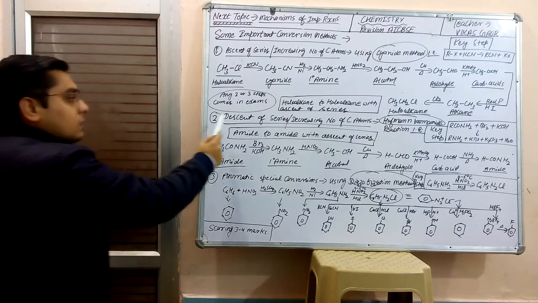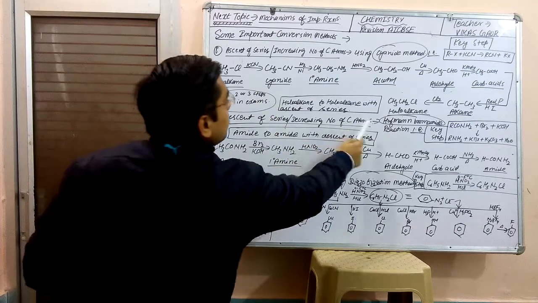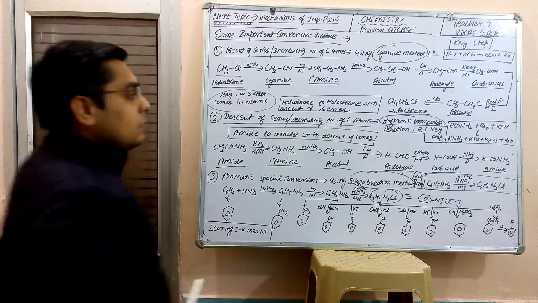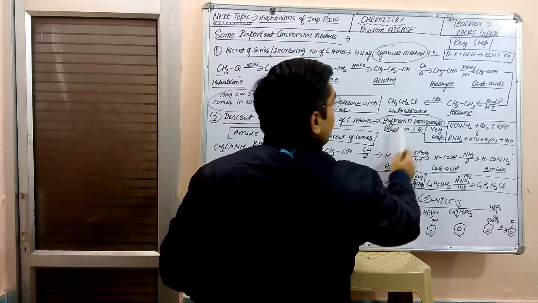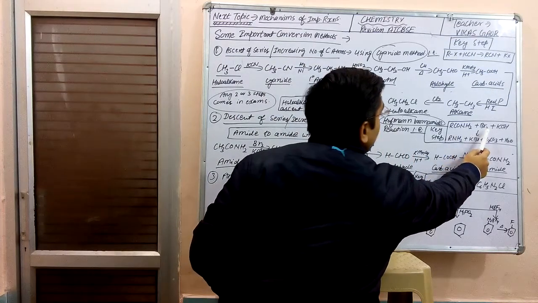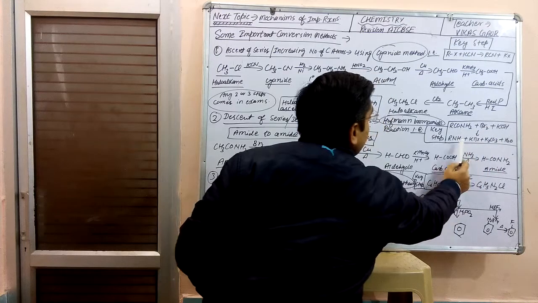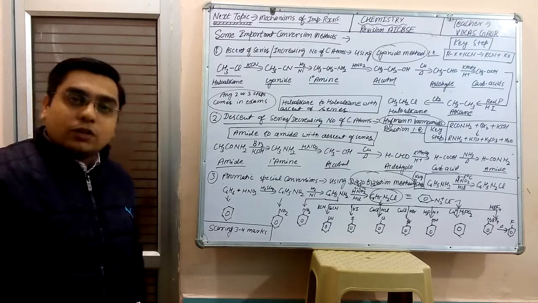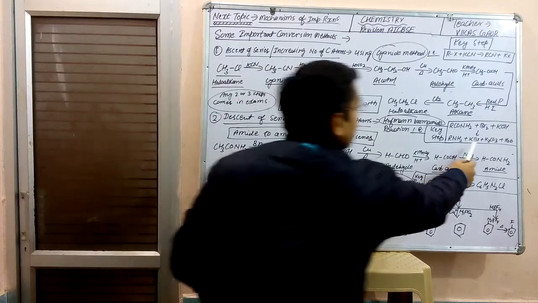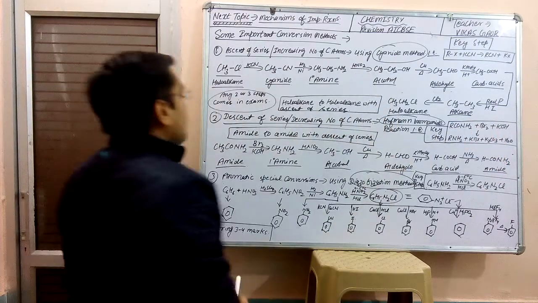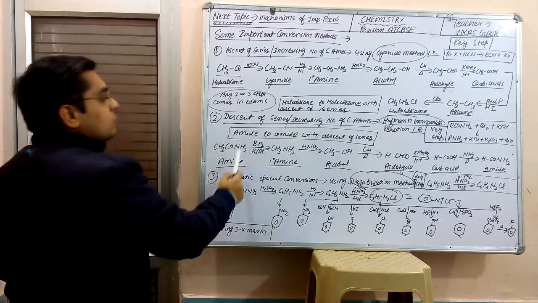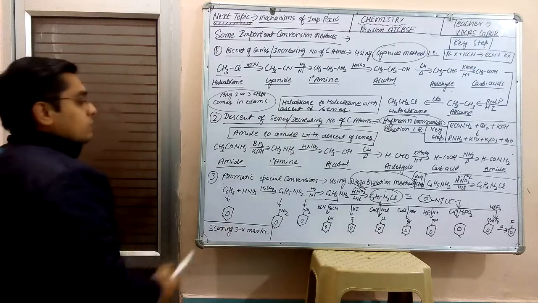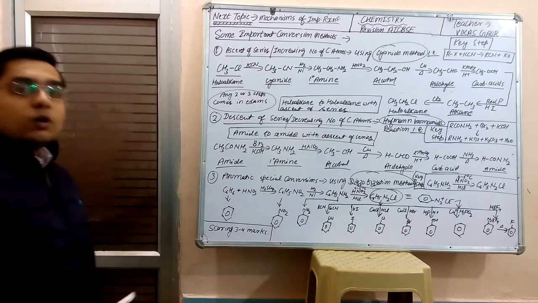Then coming to the second method, called descent of series, decreasing the number of carbon atoms. If you have to convert such that you have to decrease the carbon, then the key step is the Hofmann bromamide reaction. RCONH2, an amide, with Br2 and KOH forms RNH2. So carbon gets decreased in the form of CO2 and forms KBr, K2CO3 and H2O. So here we are going to study the conversion from amide to amide with descent of series, means from higher amide to lower amide.